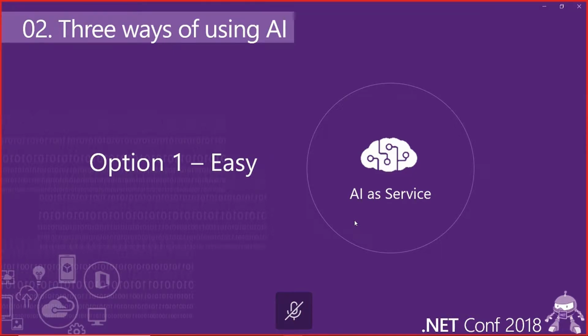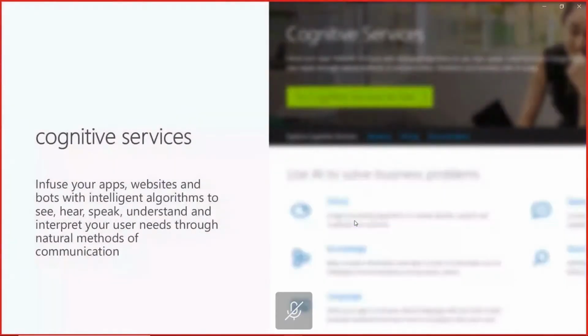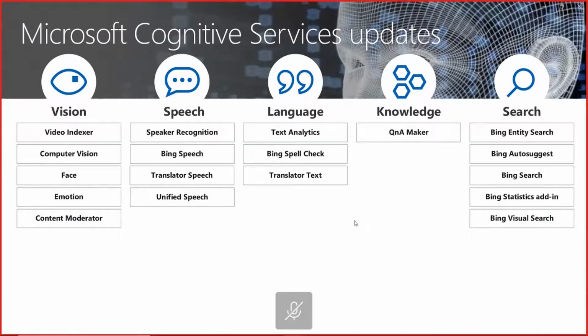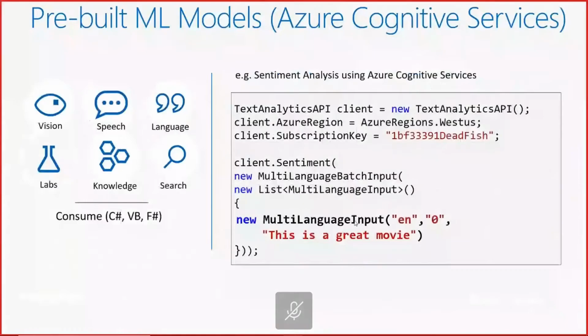So, the ways of developing artificial intelligence: we have actually 3 ways. The first one, the easy way, is using artificial intelligence as a service, by using the Azure Cognitive Services. We have a bunch of services covering a lot of domains like vision, speech, language, knowledge, search, and so on.